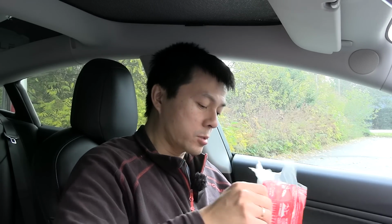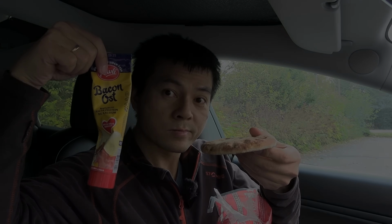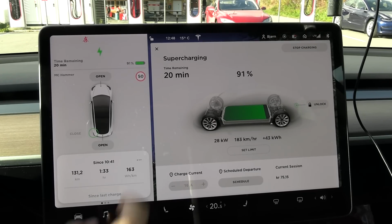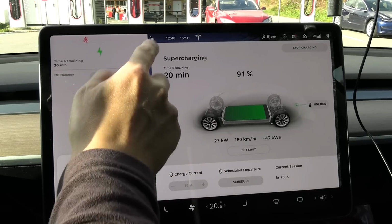Maybe someone needs to do a fundraising and rebuild the Polarbrød factory, because it's high quality food. Oh, we stayed here a while. I ate my breakfast, took it easy, chill time. And yeah, I don't want to rush today. But anyway,